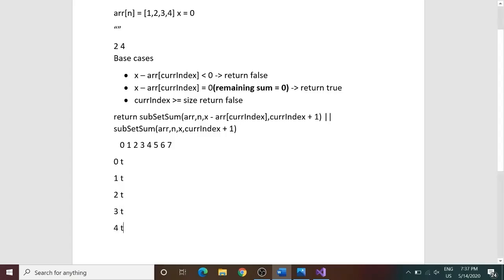And what were these? These were my base cases. What we used to do when my remaining sum was 0. What does this subproblem mean? This subproblem means that I have a remaining sum of 0 with me now. My intended subproblem is 7. I need to make an amount of 7. But at some point in my recursive calls, I would have reached a subproblem where the amount which needs to be made is 0. And how did I reach over there? I would have reached 0 only if any of these subsets had already summed up to 7. So, this was my base case and hence I returned true over here.